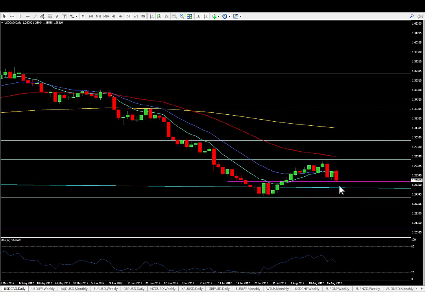Both of those would work absolutely fine in terms of giving us confirmation of this being potentially a bit more of a firmer base than we currently can be sure of, and by that I mean it's good to have things tested at least twice for us to confirm whether there's potentially a well-defended level here. So as I say, we need to take out price at 125.70, which is currently where price is sitting, and we also need to see whether price reacts strongly enough to 125 or whether it carves through it and actually wants to retest and match these lows at 124,